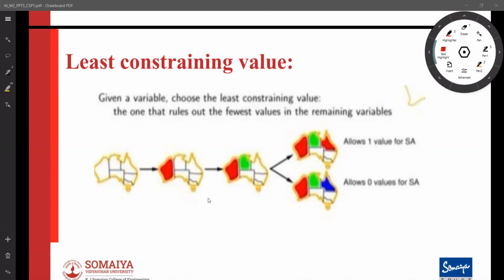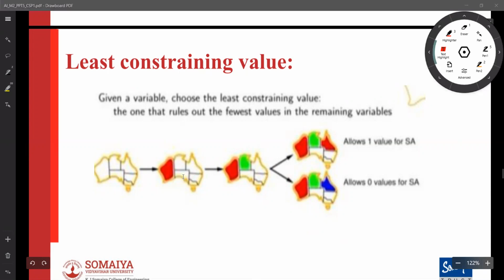So you have some variables that have been assigned. You have some variables that you have assigned. For all those variables, I have picked one variable. I wanted to assign a different value. So now, as soon as I assign a value, other variables may find some reduction in their value space. Understand? So let's say I have assigned red to Western Australia. Then the Northern Territory and South Australia have a reduced space. We cannot assign red to these two.